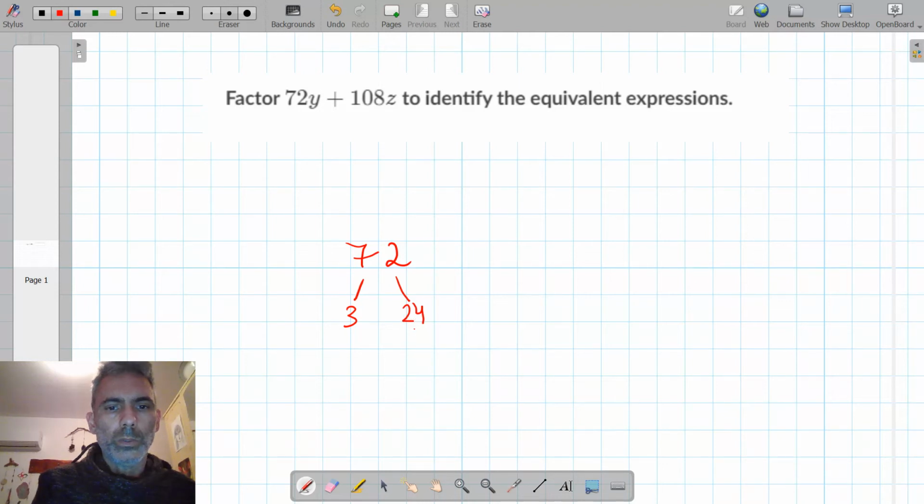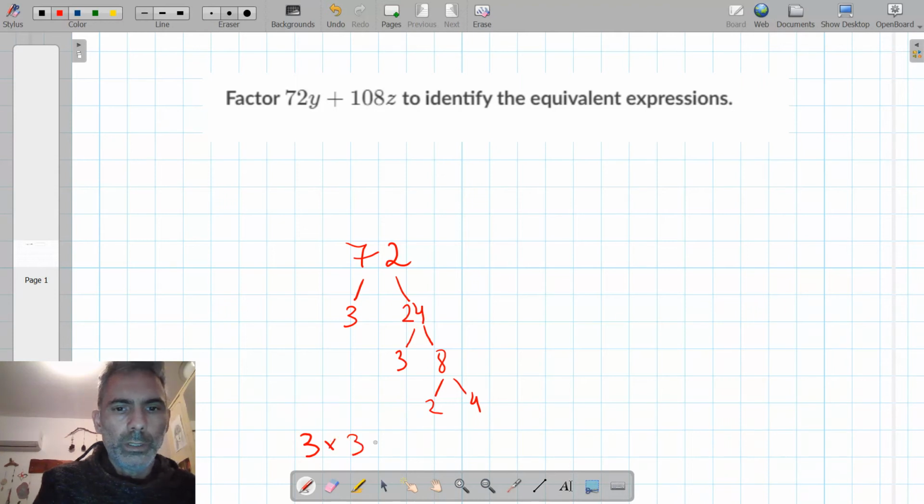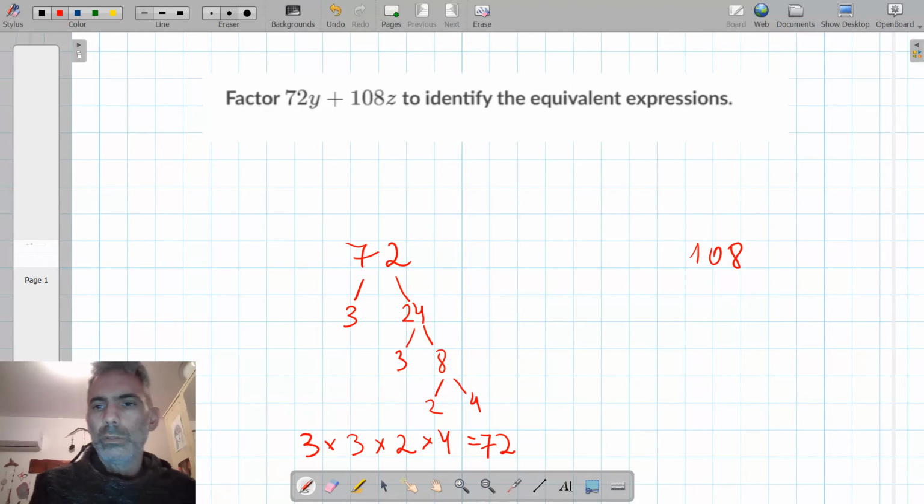And 24 is 3 times 8, and 8 is 2 and 4. So 3 times 3 times 2 times 4 equals 72. And 108, okay, so we have 2 times 54, and 54, 2 times